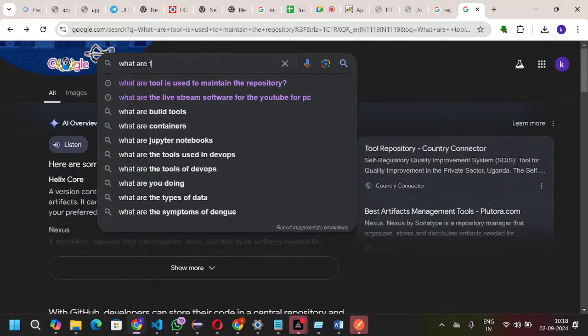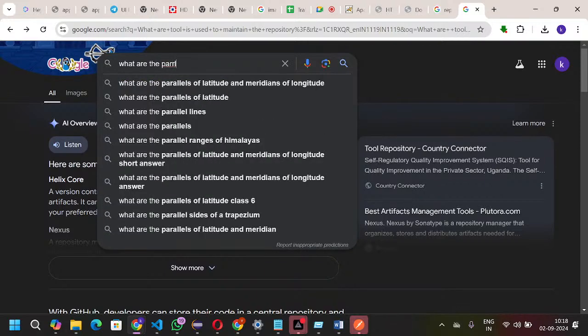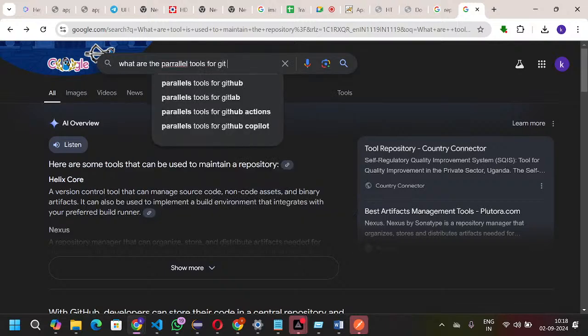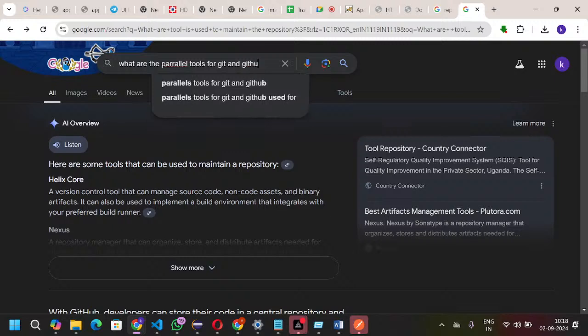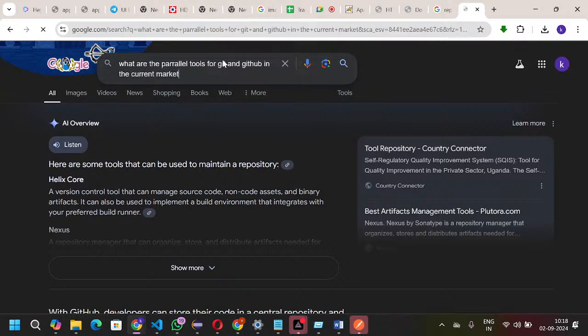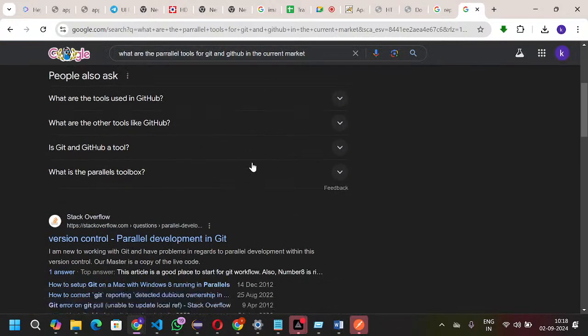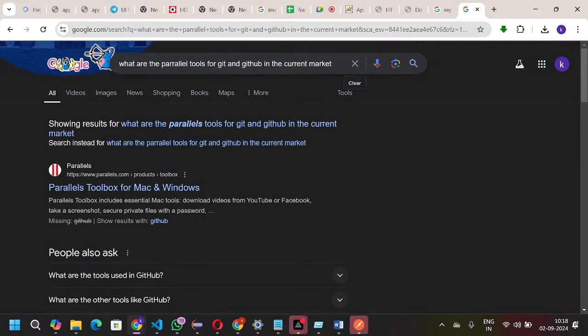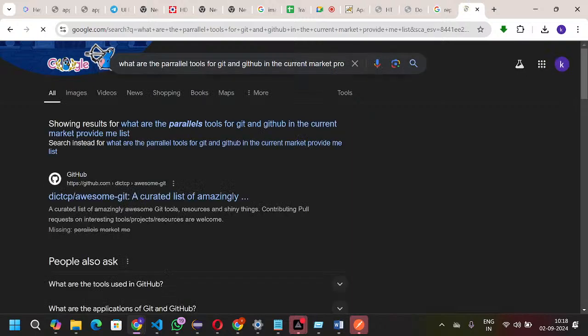What are the parallel tools for Git and GitHub? Git and GitHub. The current market. Provide me the list. If you go to the images,